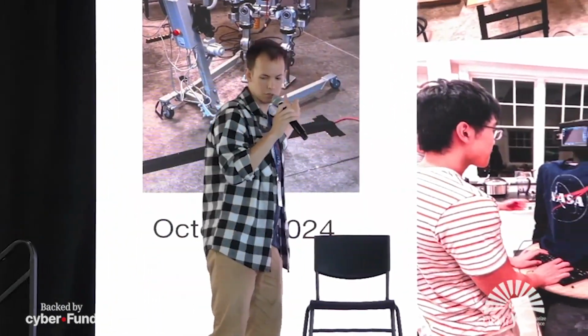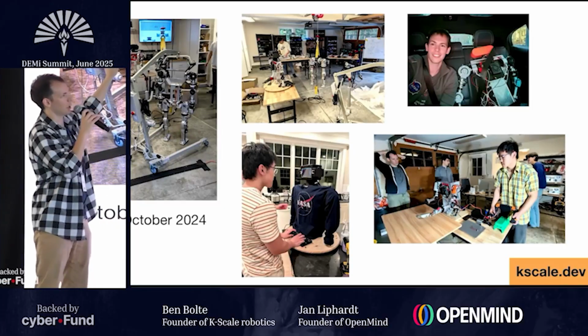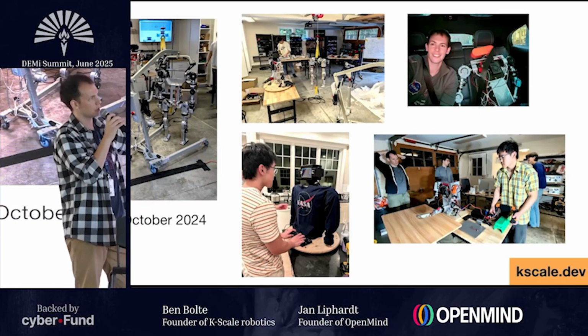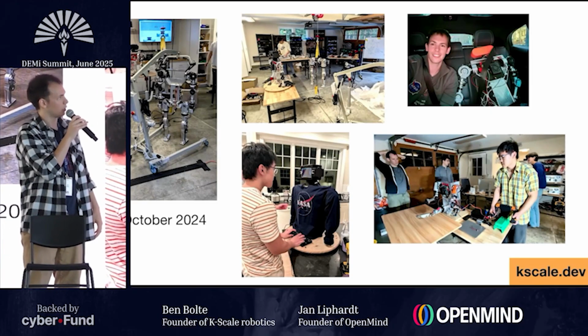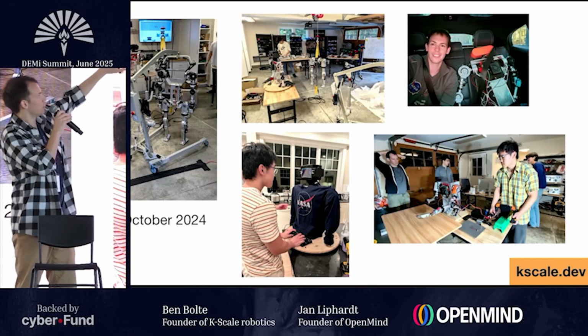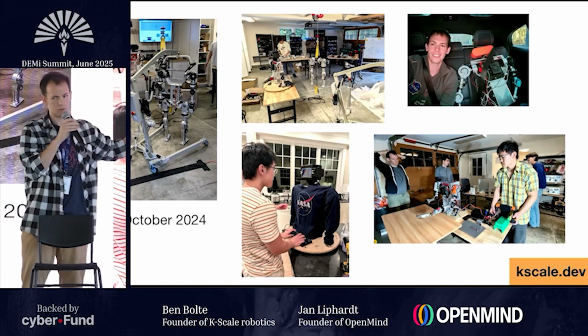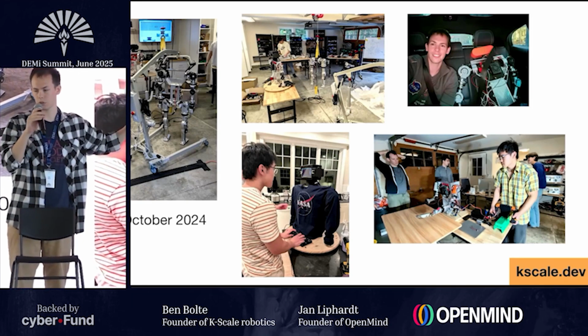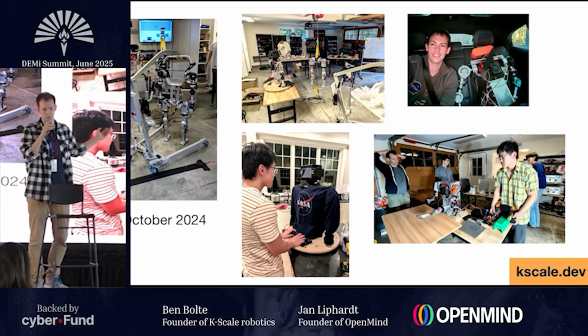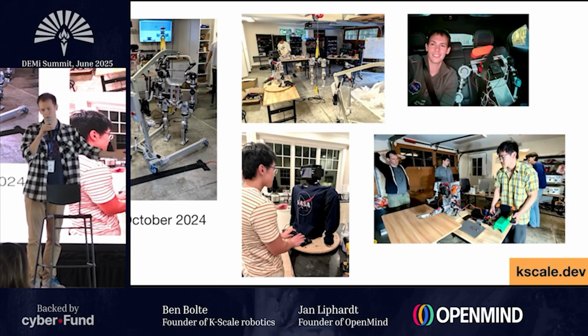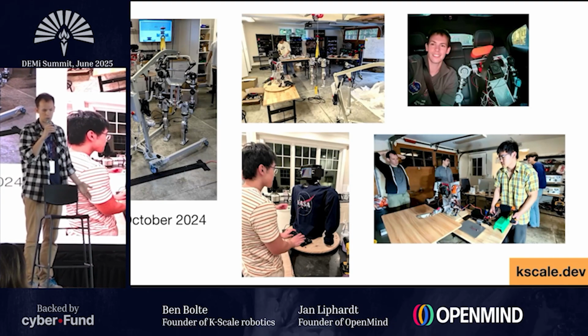So yeah, we started building this robot. This is the first version of the K-Bot. It was literally built in our garage. Our team is not big. We all live in the same house together. We have this CNC'd aluminum, and the idea is it's very similar to the G1. We just wanted to make it as good as any Chinese hardware, but as a fully open source, developer-first robot.